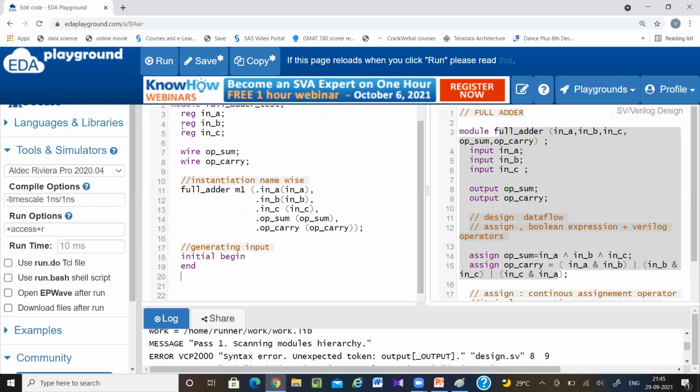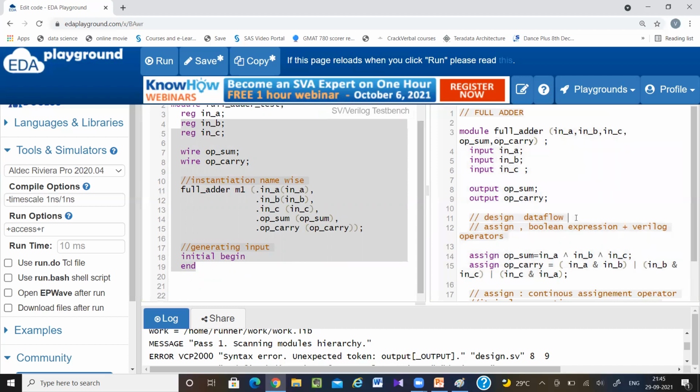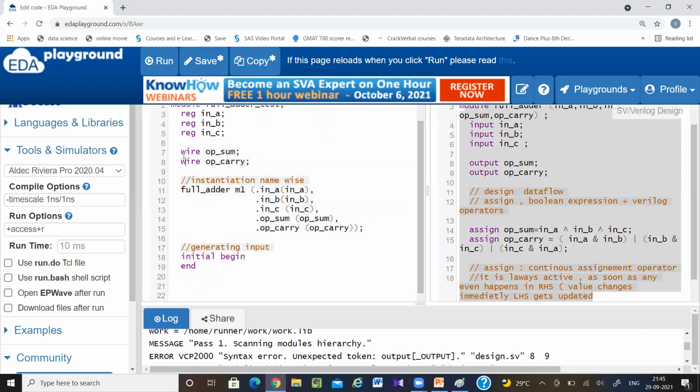I don't need my test bench to be synthesizable, it is for checking purposes only. The design must be synthesizable because I am going to make hardware from it, but these things need not be. In your design you cannot use initial, because it is not synthesizable and it executes only once. For my test bench, I need it just once to give the values to the design.